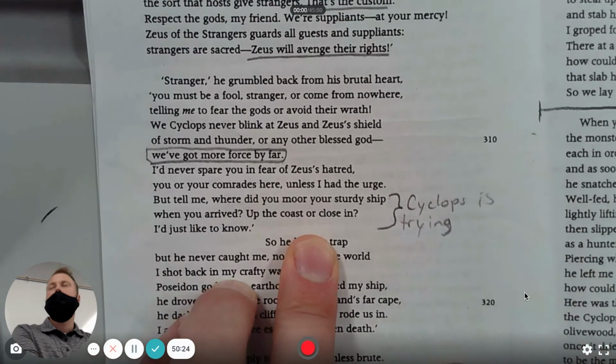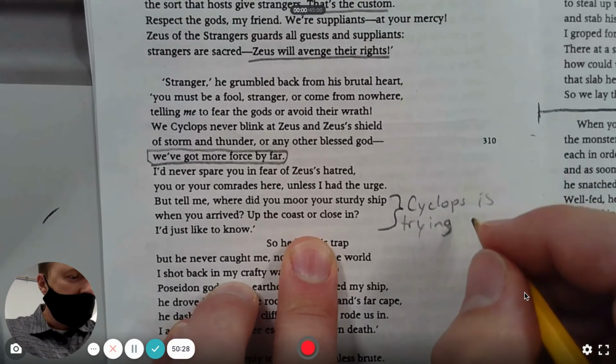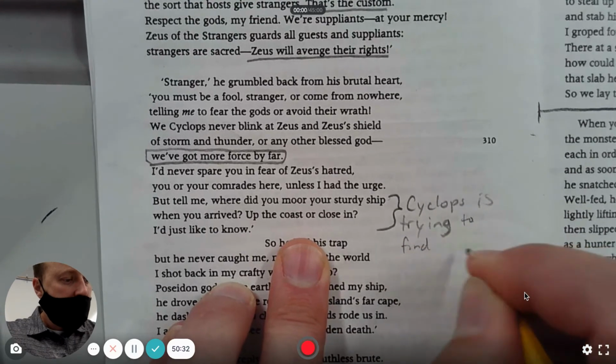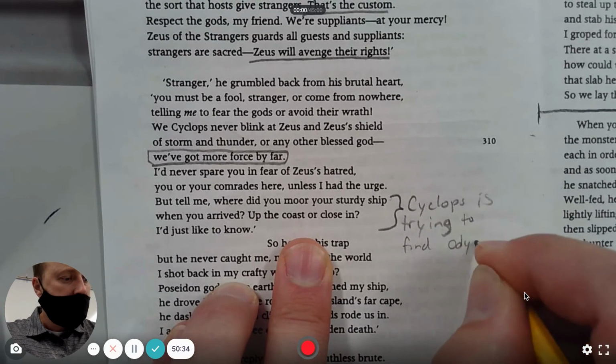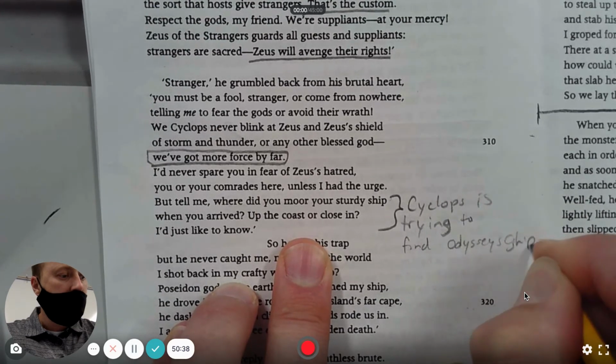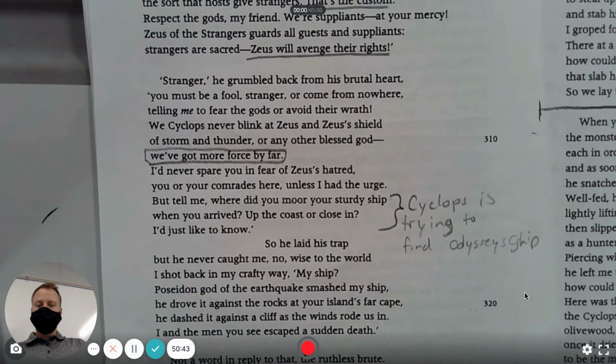What is he trying to get Odysseus to tell him? Yeah, where's the ship? The Cyclops is trying to find Odysseus's ship,